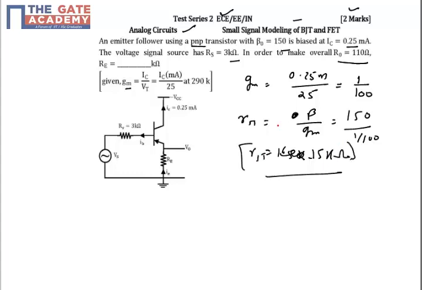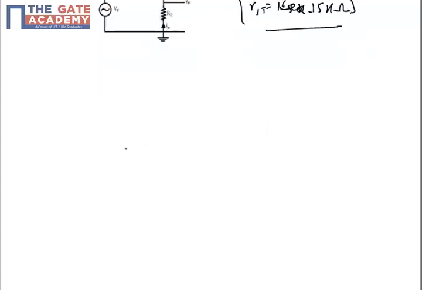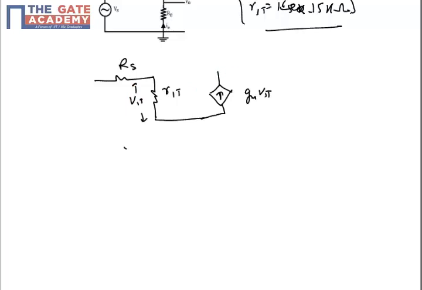Now that we have calculated the values of gm and r-pi, I can replace this BJT with the small signal r-pi model, in which you will get RS. Replace the BJT with r-pi and a dependent source at the output terminal, that is gm Vpi. Vpi is the voltage across r-pi, nothing else. Okay, and we have this RE resistor, and our supply and my output terminal.